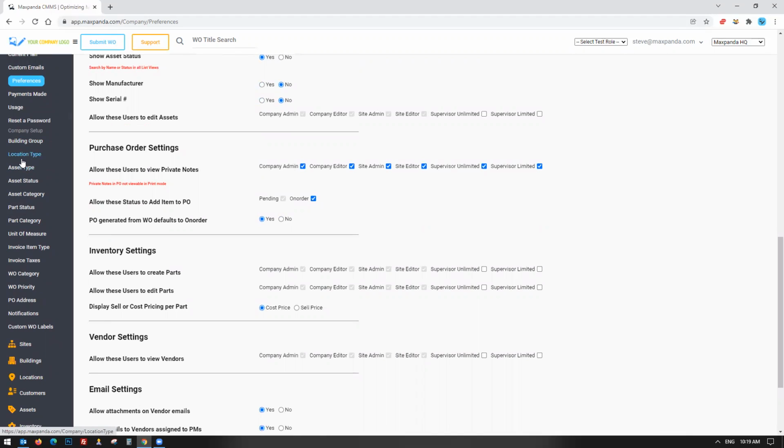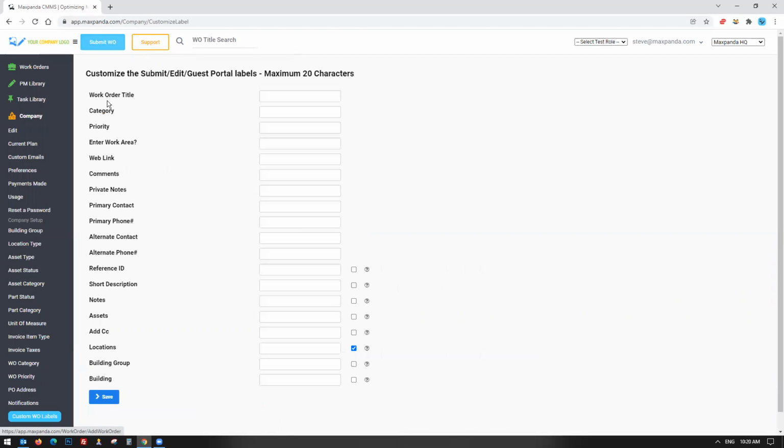So asset types, location types. Your asset types are going to be different than a school's or a manufacturing plant. Maybe not, but I'm sure asset categories are different. You could customize the work order labels in maxpanda. So when people submit work orders, these are the default text, but I can change them. And I can also make certain ones required. So I'm going to say we want buildings and locations and assets to be required